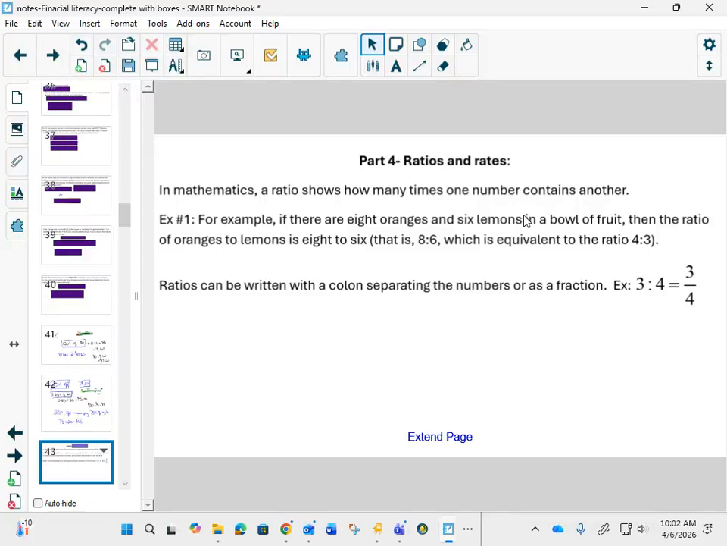Ratios and rates. And for a lot of you in your grade 10 math class next year, you are going to do lots of ratio work. Mr. Shirk can say for sure, lots of ratio work in grade 10. Okay? So in mathematics, and if you want to highlight something here,